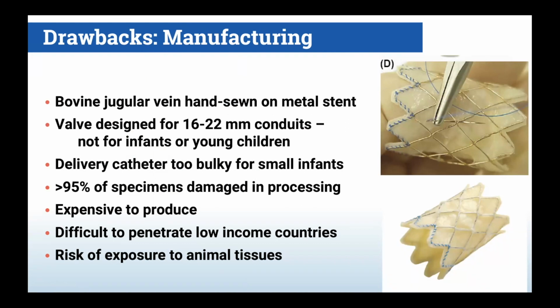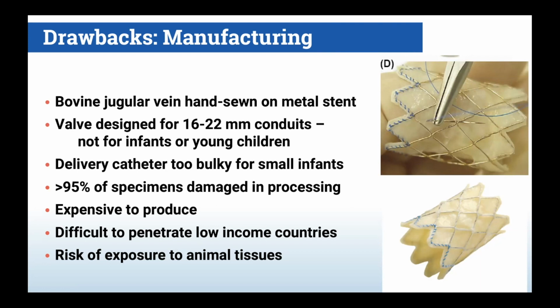The other major drawback of any of the current technologies for transcatheter valve replacement is their manufacturing needs. This valve requires 15 hours of human labor to trim the fat off it and hand sew it stitch by stitch along every part of the metal here. And in the process of manufacturing these valves, 95% of the raw material of the source jugular venous valves is discarded. So it's incredibly wasteful, incredibly expensive. And as a result, there is almost no penetration of transcatheter heart valves of any type in low to